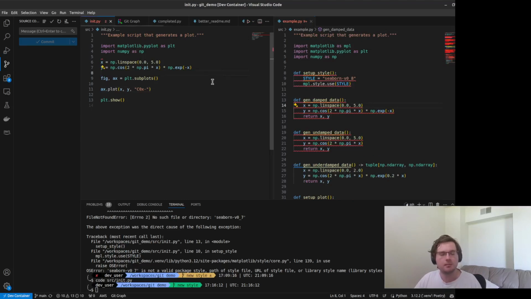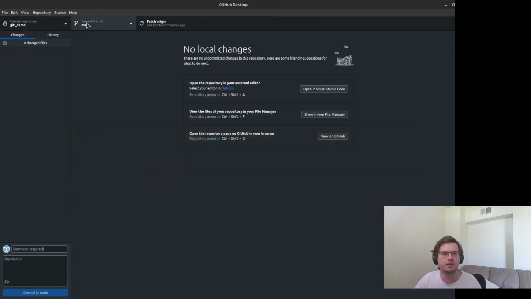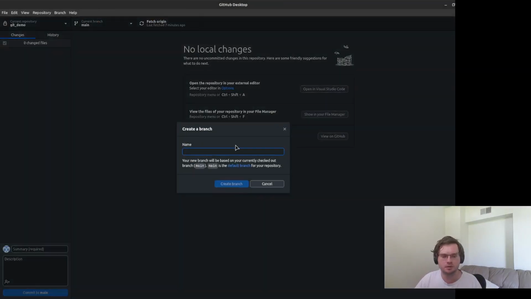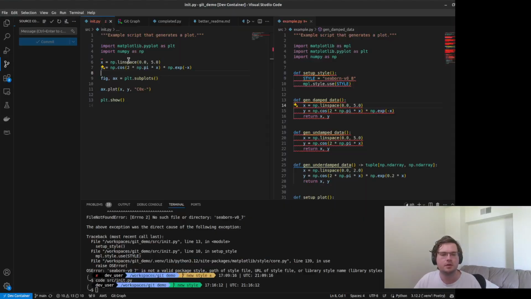And then I'm going to start doing that other stuff, which I think is the more important work. So I'm going to again make a new branch for this particular case, because I'm going to be making some things that I don't know exactly when they're going to be functional, so I don't want to make changes to the working state of code. So I'm going to go back to GitHub Desktop, and I'm going to create a new branch. I'm going to say adding in different damping curves. I'm going to create branch. So now if I go back here, I'm going to start making those changes.